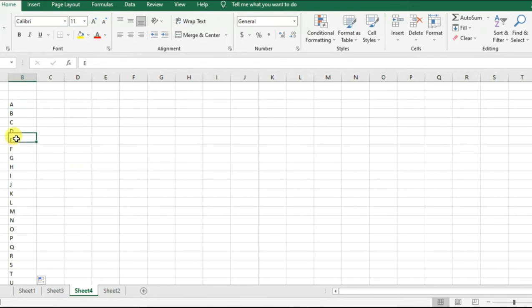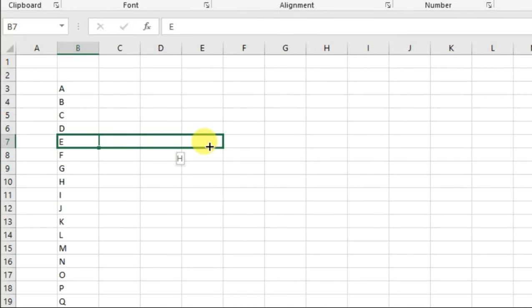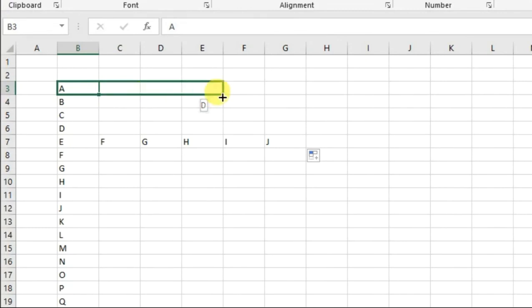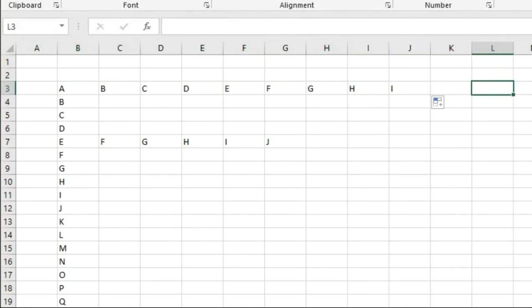And you can also drag from E, for example, if you want to drag from E, F, G, H, I, J, it will fill up automatically. So from A also we can see A, B, C, D, E, F, G, H, I. The alphabets are getting filled automatically to the right, left, upper, below, everywhere, right? So in this way you can create a custom list and fill up automatically.